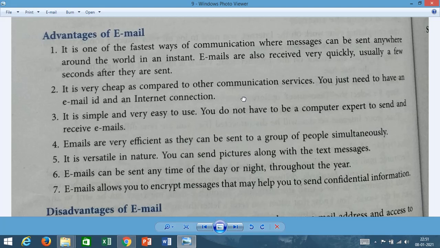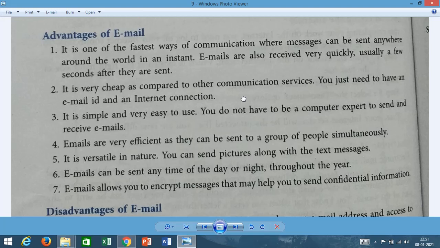When you are sending an email, it is necessary to know the email ID of the person to whom you are sending. Your email is your address on the World Wide Web, and the person to whom you are sending that email has their own address on the World Wide Web, or you can say on the internet.